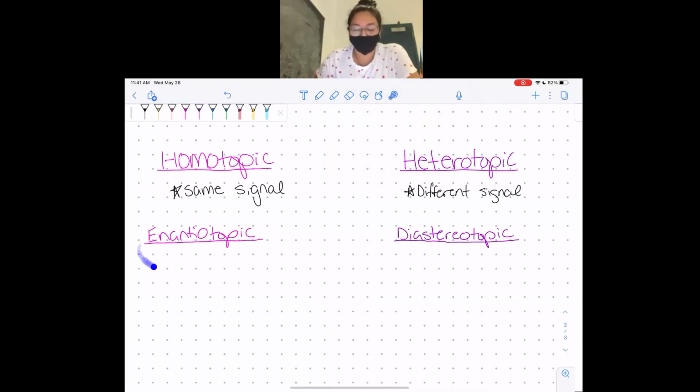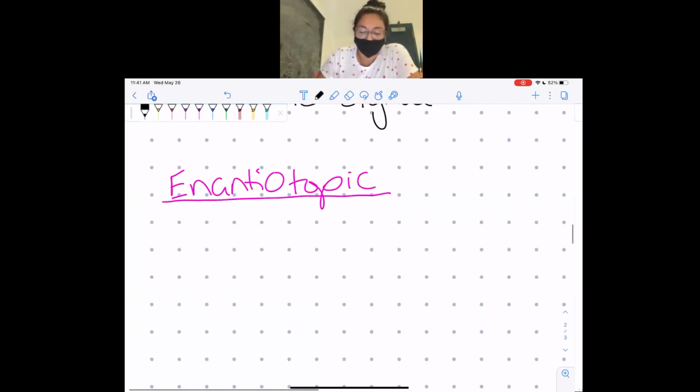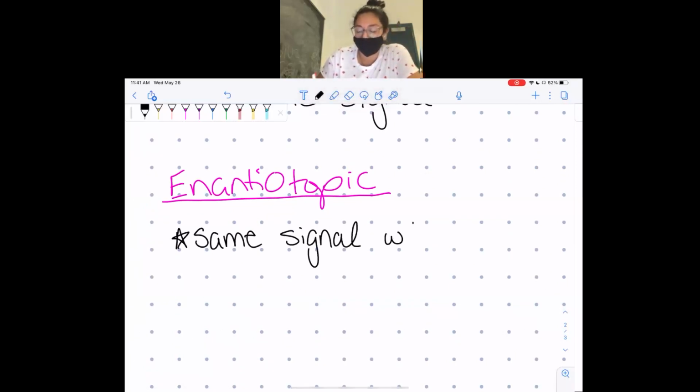But essentially, enantiotopic is a very specific type of homotopic signal. So this is essentially when the same signal has the same chemical properties,